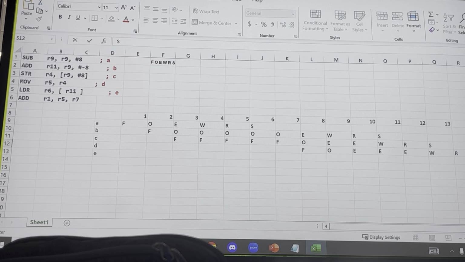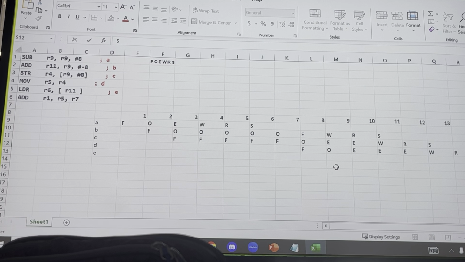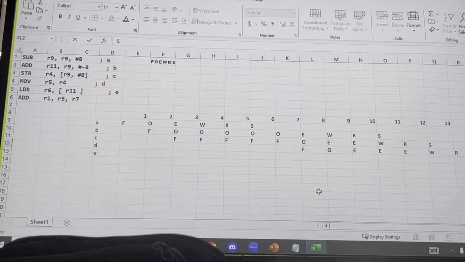Cycle 10. Delta is going to be O again. You said using O and W in the same cycle, where? Didn't you say that you can't do E and E on the same side? You have E and E, like W and R can't have. E and E. That's column 10. Column 10. You have an issue. That right there. Look. Thank you.